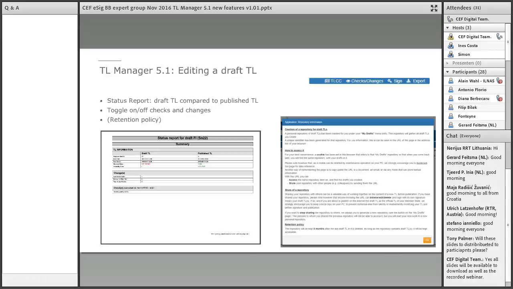A feature that might interest you as well is the fact that now, as you can see on the top right corner of the screen, this banner, you can now toggle on and off the performance of the checks and the changes. So it was a request for lengthy trusted lists. For some trusted lists, in particular the one of Germany, these trusted lists are quite big. And for performance reason, now we can uncheck the checks and changes,